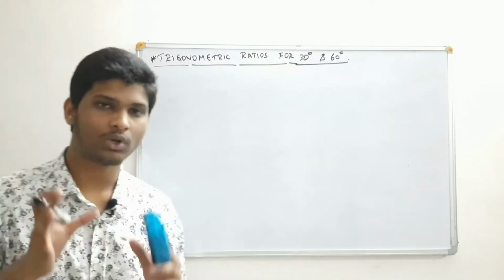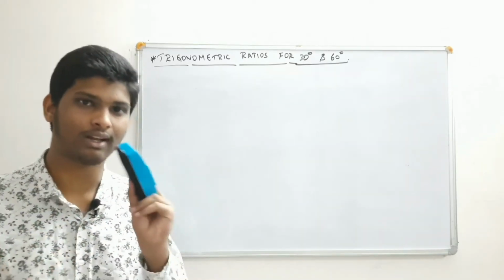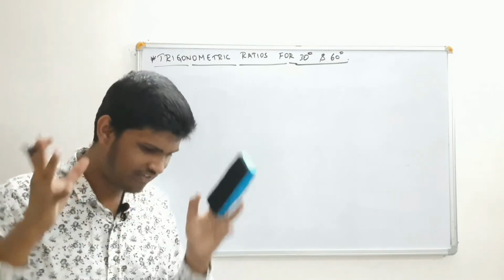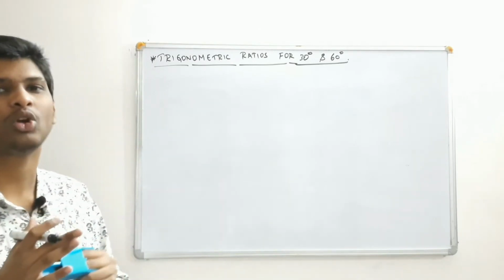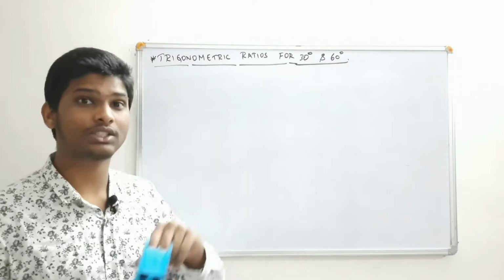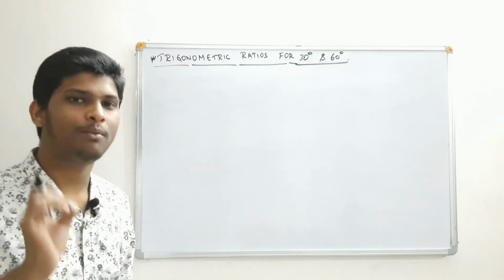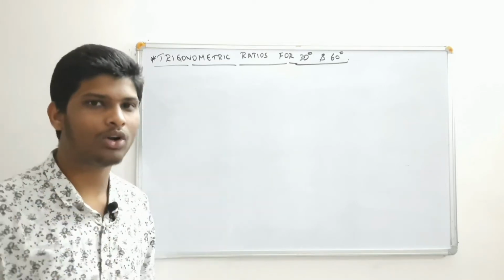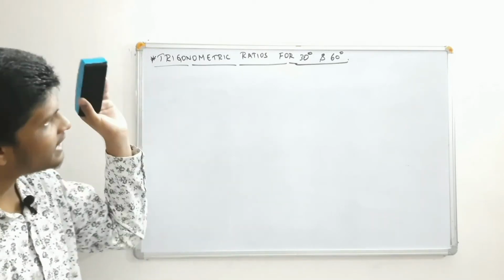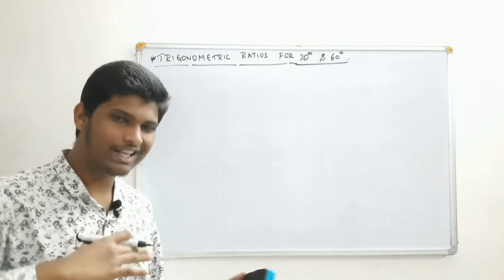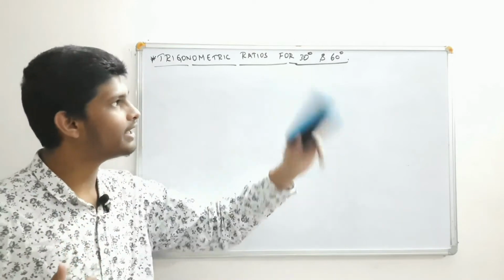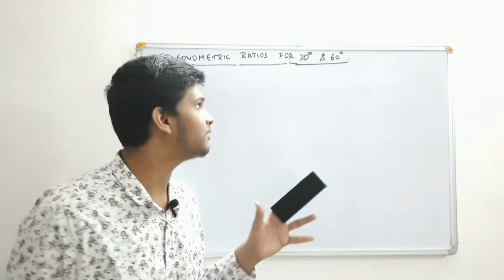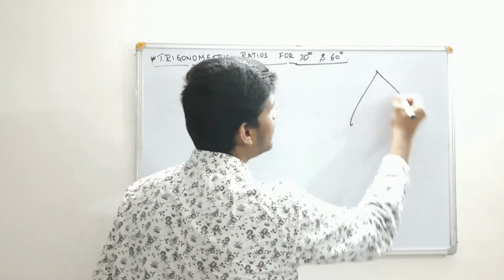So now we are finding trigonometric ratio values for 30 degree and 60 degree. This is very important, because for this 30 degree and 60 degree, they have asked to derive in board exams for more than 5 years, or it may be more also, I don't know, but for more than 5 years they are asking the same question, derive for 30 degree and 60 degree. All right, so now let's derive and just focus very clearly.